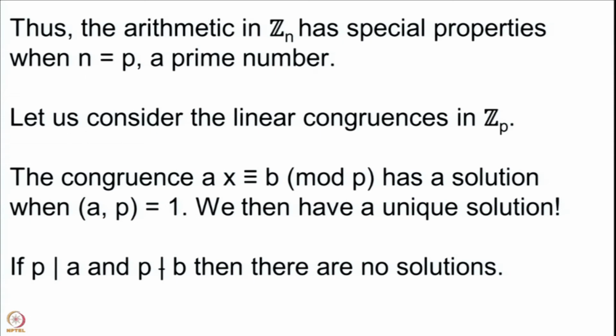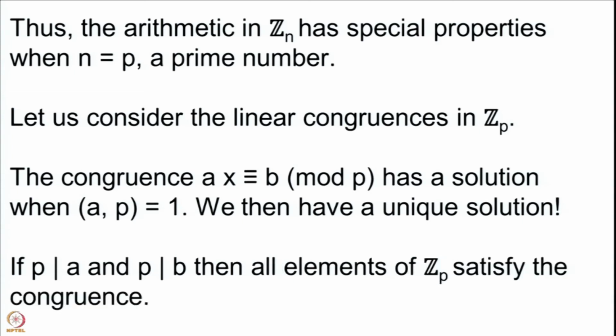So, 0x equal to a non-zero B modulo p cannot give you a solution. If you have that p divides A and p divides B, then everything is a solution, because this is like asking for 0x equal to 0 mod p, and whenever you put anything for x, you are going to get the answer to be 0. So, barring the cases where p divides A, the interesting cases are where p does not divide A, or when you are looking at the elements in Z_p, the case where A is not equal to 0.